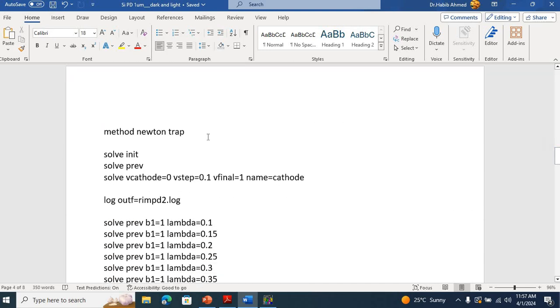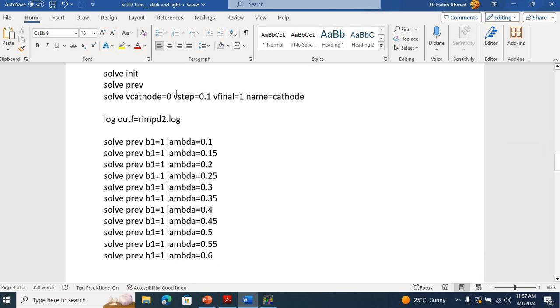Then I'm using the Newton method for numerical simulation and for convergence of my code. Then I want to bias the structure under reverse bias, so I'm running a cathode voltage from 0 to 1 volt with a step of 0.1 volts. Then I create a log file with this name,